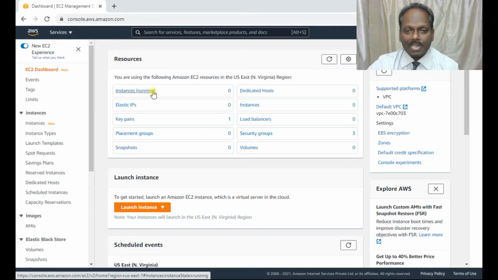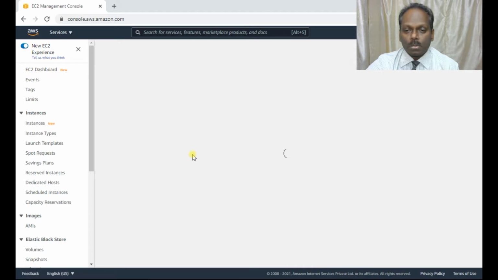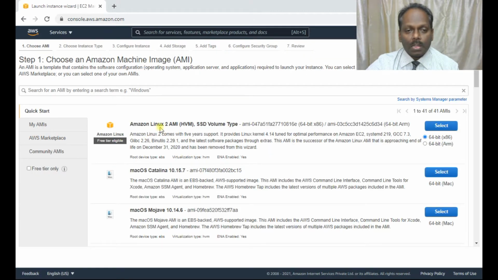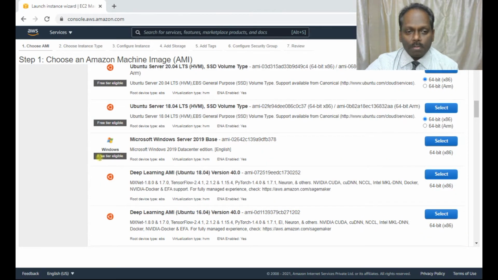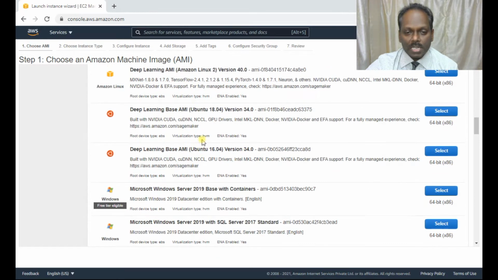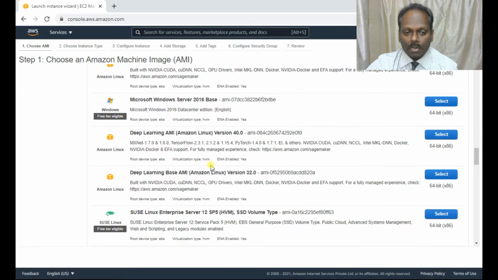As of now, I do not have any instances running. So what I'm going to do, I will just launch an instance from this dashboard. These are all the public images available as Amazon Machine Images in Amazon Web Services. I will be selecting one of the free tier images, and 2016 is okay for me. 2016 Server Base, this is also free tier eligible. Remember, if you are selecting anything else other than this, then there will be charges incurred.